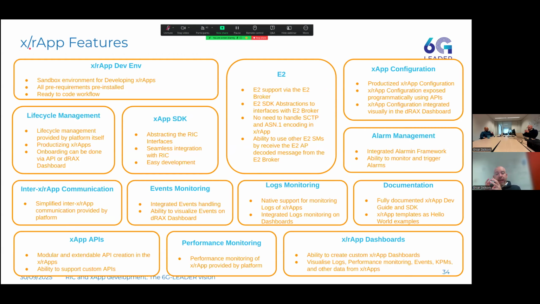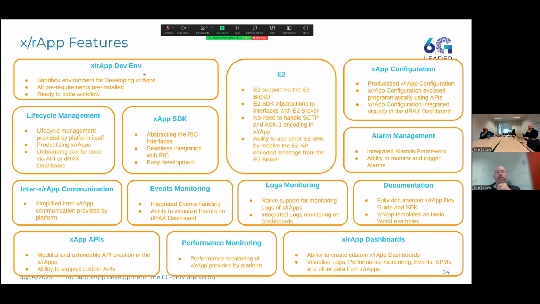Now, besides the SDK, I wanted to show that the platform itself gives xApp or rApp developers a lot of features, sometimes even going far beyond what Open RAN gives us, to give you as much tooling as possible at your disposal, so that you can make your own use case. It doesn't necessarily mean you will utilize all of them, but they're there depending on the use case, and you can activate them or not.